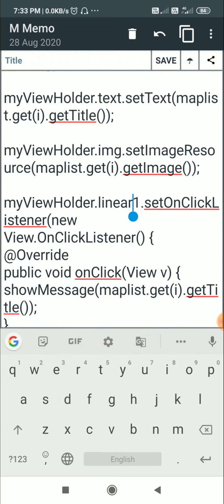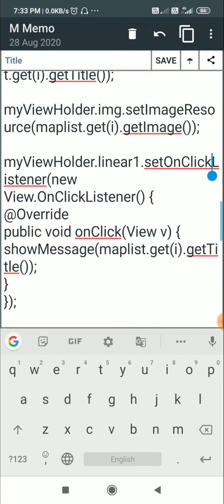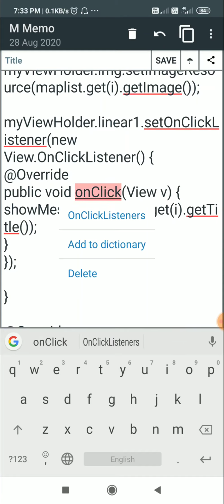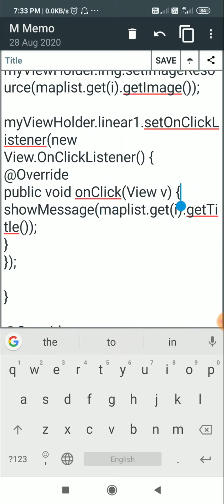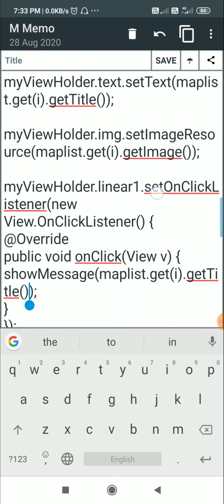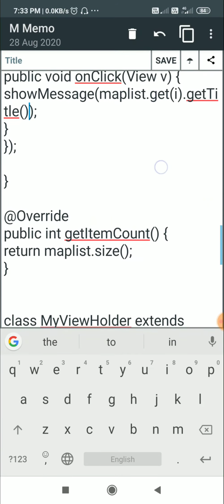Then I have set an onClick listener for linear1 of myViewHolder by writing myViewHolder.linear1.setOnClickListener new View.OnClickListener, @Override public void onClick. When linear1 is clicked I show a message, mapList.get(i).getTitle. So whatever the title is, I show it as a message.